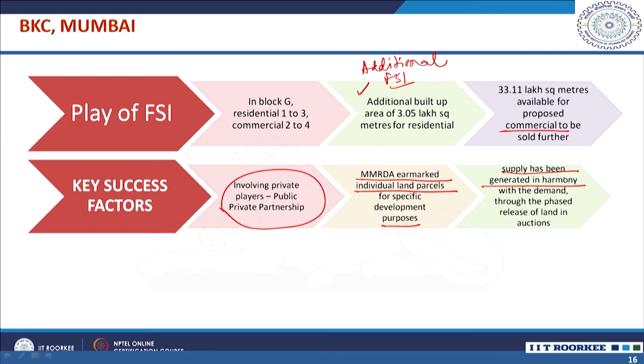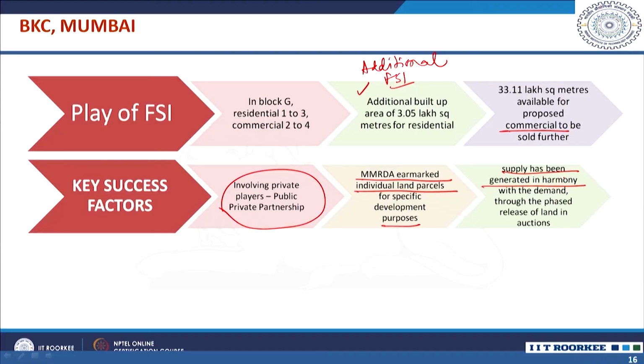This is important because whenever there is a demand for residential, they generated a residential plot and auctioned that. Whenever there is a requirement of a commercial or institutional plot, that was also auctioned. So, these are the kind of appropriateness in decision making during the whole land transaction by a development authority.